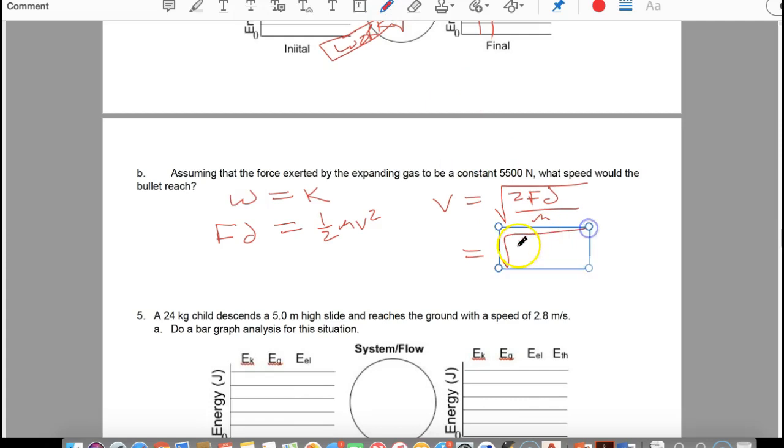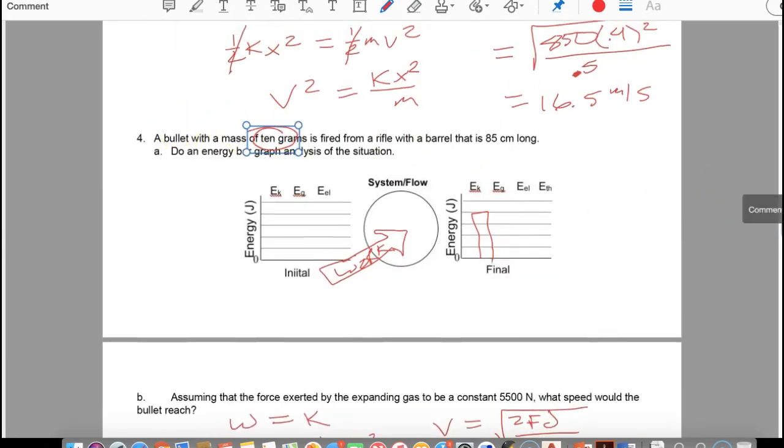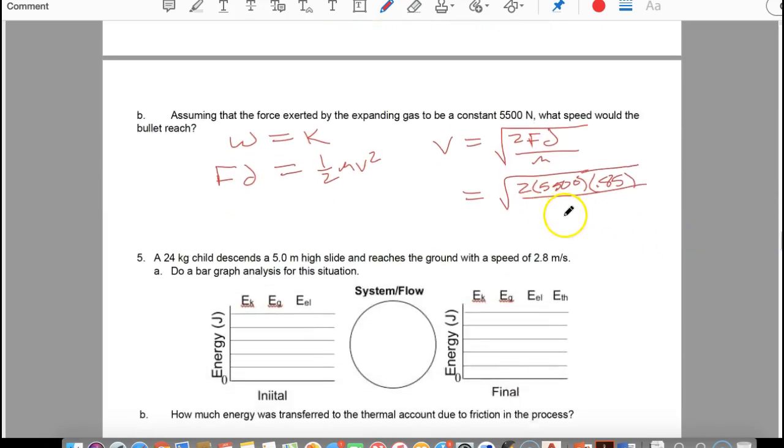And we're going to do the square root of 2 times, now remember, the force is 5,500. We need to multiply that by the distance that the bullet is traveling inside of the barrel, and it was 85 centimeters, so 0.85 meters. And then we need to divide that by the mass of the bullet, which said was 10 grams, so 0.01 kilograms. If you do all your math, you should end up with a velocity of the bullet of 140